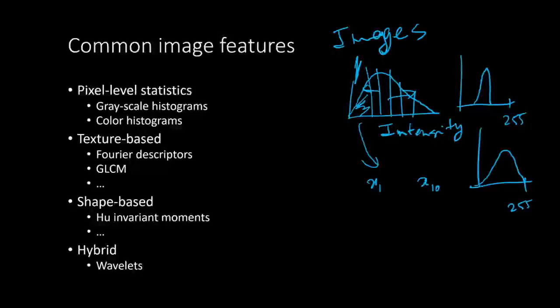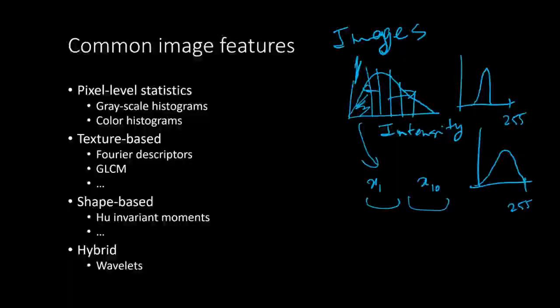So now all the images that are darker will have x1, x2, x3 as large values, whereas those that are brighter will have x8, 9 and 10 as large values, right? Here I also assume that I have normalized this histogram, so that I have divided each bin by the total number of pixels in the image, so that they all add up to 1 and it's normalized. It doesn't depend on the size of the image. Because images come in different sizes, sometimes the size invariance of features is important, and we do that using something like this.